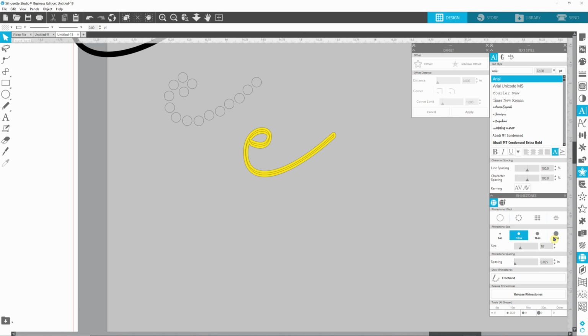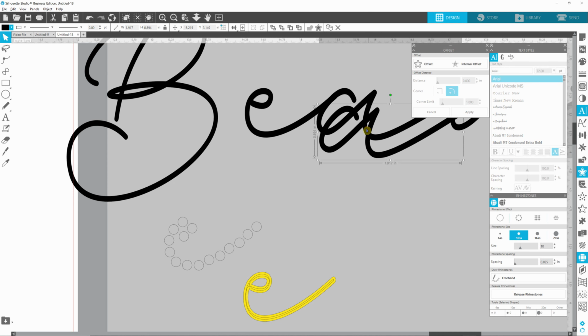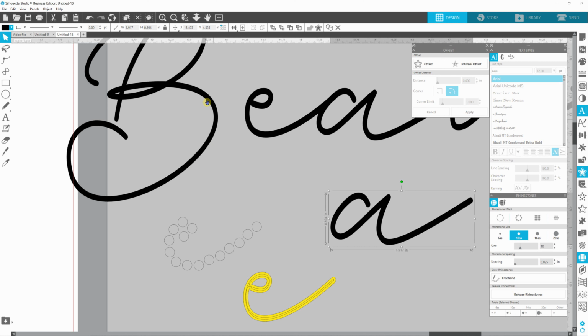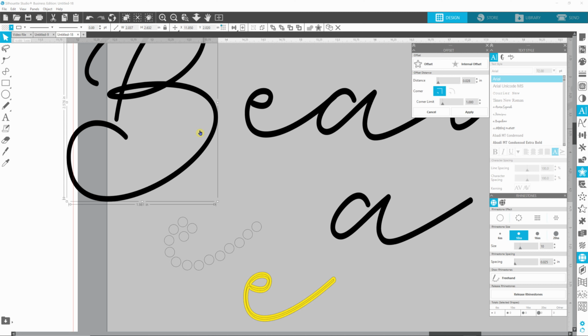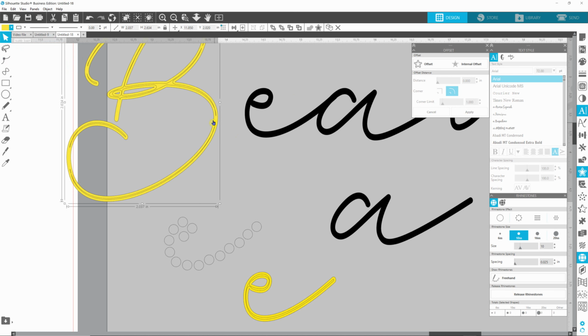Another thing you can do, and I'm going to do it with the letter A here. So what I would basically do is go through and do each letter with that particular offset. Now, if you keep your offset option open, you could click on each letter, and if you clicked internal offset, it would use that same offset. But now you can see here this line is actually a little bit thinner. There's a break, so we might have to